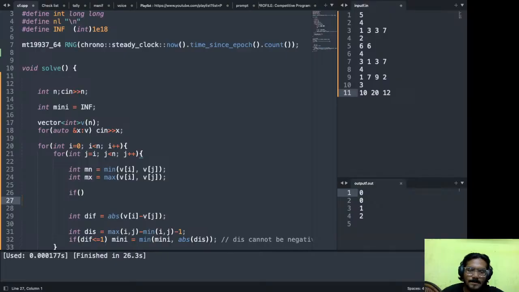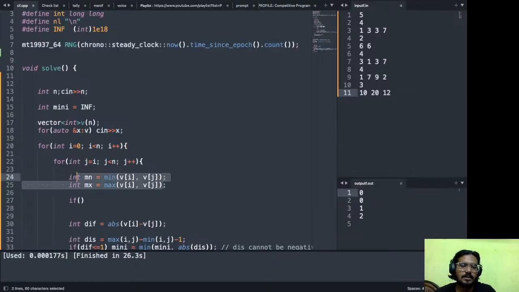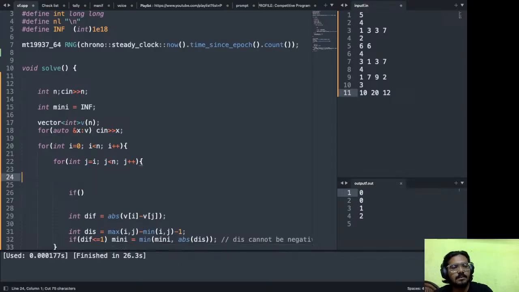Yeah. So ai will be the same number, aj will be the same number. Okay, now min and max are the same, so okay, we can just fix it and move in because